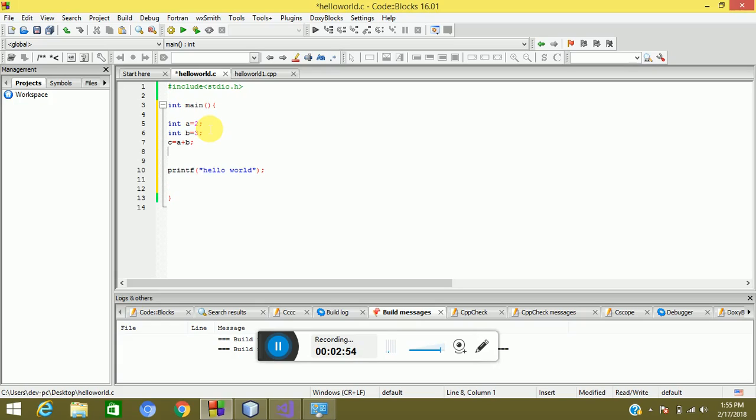What will happen is that the addition of the two numbers will be stored in c. You need to declare this variable c also, and then finally you can print this variable. In C, you can print the line or the statement like sum of